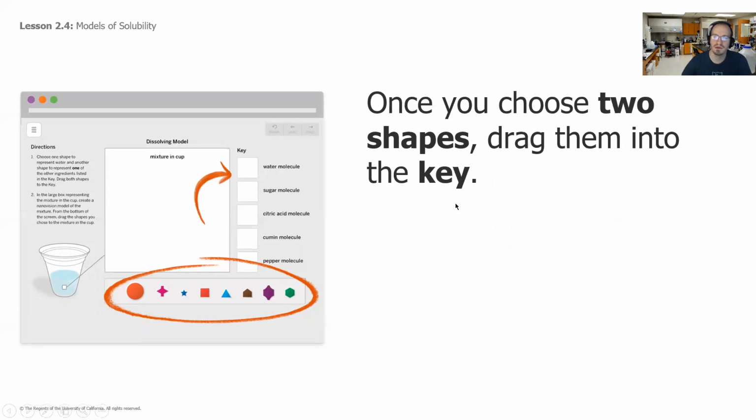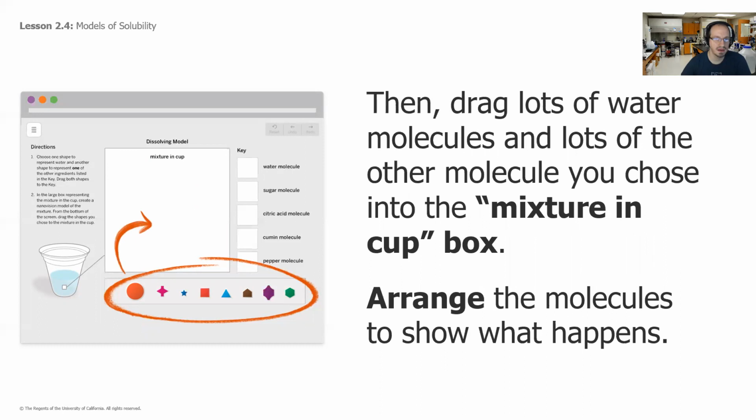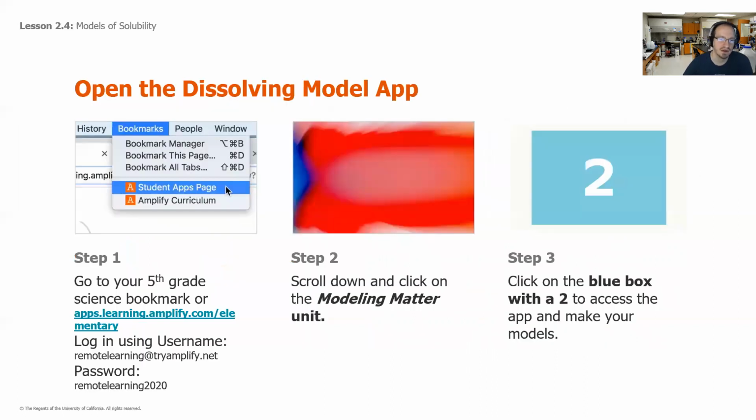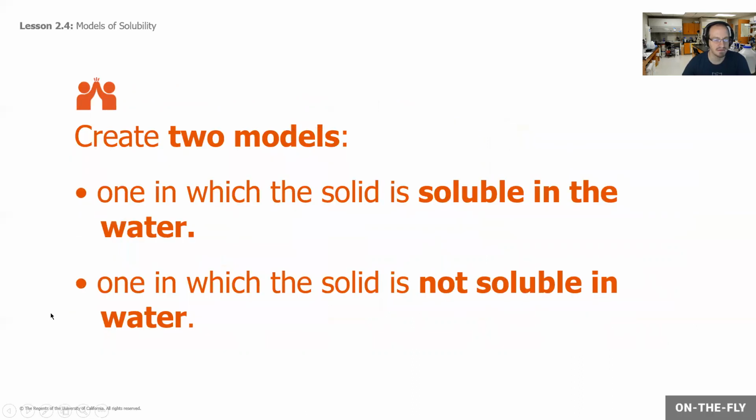So once we choose those 2 shapes, we're going to drag them over into the key. And then you're going to drag lots and lots of water molecules and lots of the other molecules that we picked into the mixture in a cup box. And we're going to arrange them in a way that's going to show what happens. So to get to this, you want to use your 5th grade science bookmark, or just simply go to this website here. You can type this in,